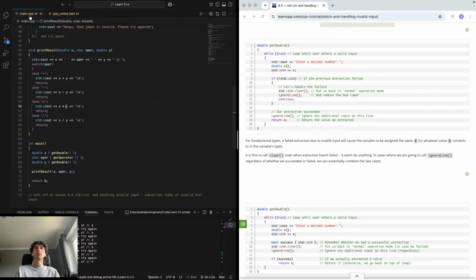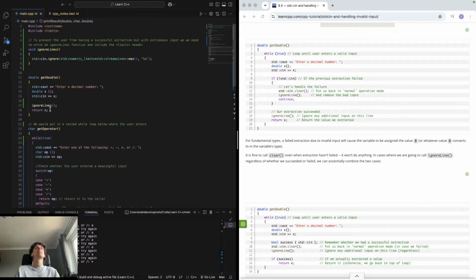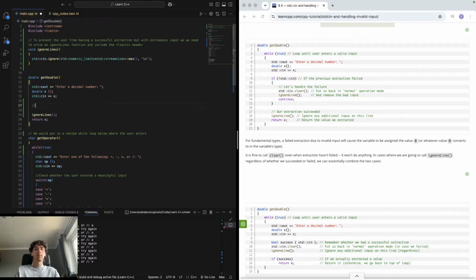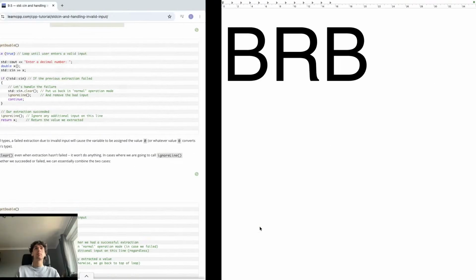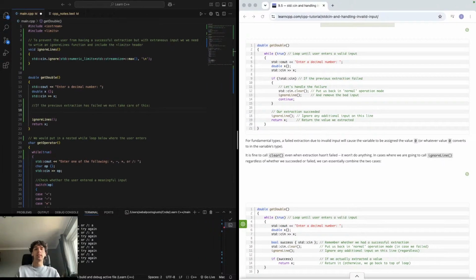So in our get double, just above this, we need to take care of it accordingly. So if standard character input, if not,